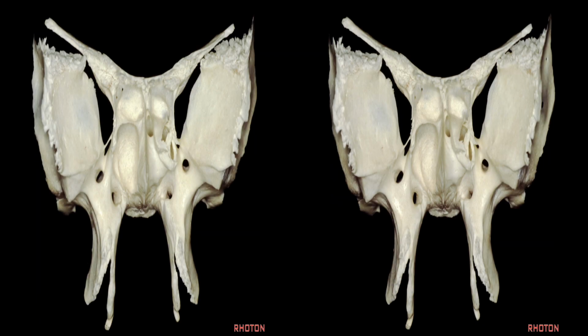So we'll start out and talk initially about the walls of the orbit, and the lesser sphenoid wing forms the posterior part of the roof of the orbit. The greater wing forms a large part of the lateral wall of the orbit. And here's sphenoid sinus here that adjoins the ethmoid, forms some of the medial wall of the superior orbital fissure, so that we want to have a good understanding of the osseous anatomy,